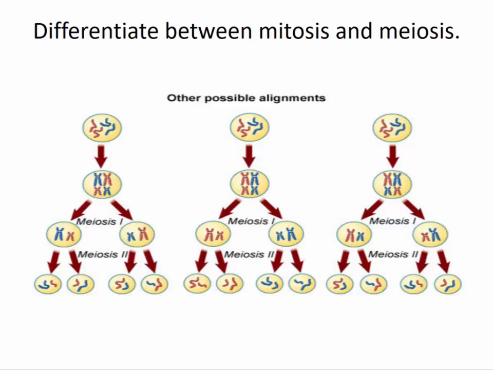This is related to offspring or child production in the sense that, other than in the case of identical twins, no two siblings are identical to each other, because they received a different sperm and a different egg from mom and dad in order to produce them. And here we have the major reason for that variety of genetics, because different sperm and different eggs will end up with different combinations of chromosomes from mom or from dad. And then those different combinations of chromosomes in egg and sperm come together to form the offspring.